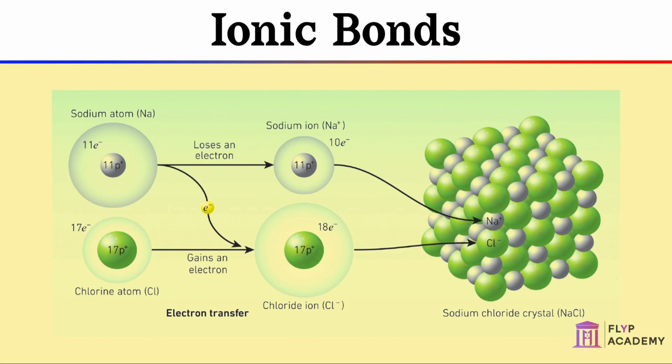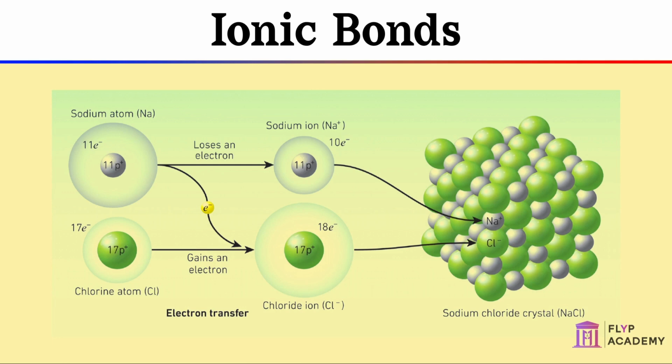The electrostatic attraction can happen between complex ions too. One example is sodium sulfate, Na2SO4. In this case, sulfate ions, SO4 2-, have a 2- charge, therefore it is compensated by twice as many Na+ ions. Other complex ions are nitrate, phosphate, carbonate, hydrogen carbonate, hydroxide, and an example for a positive complex